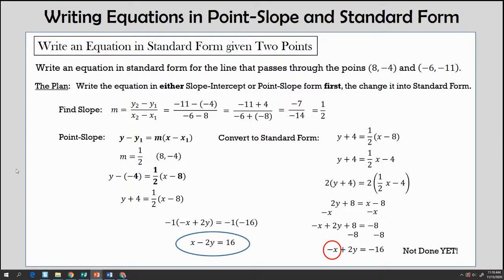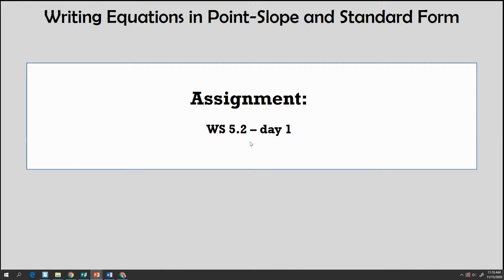Okay. All right, that takes us through what we want to get done today. We're going to work on point slope form and standard form. You have a worksheet today. You have to show all your work, guys. Show me how you're doing it. Don't just do it all in your head and write it down. That's not going to work. I want to see process. Okay, very important. All right, I'll let you get